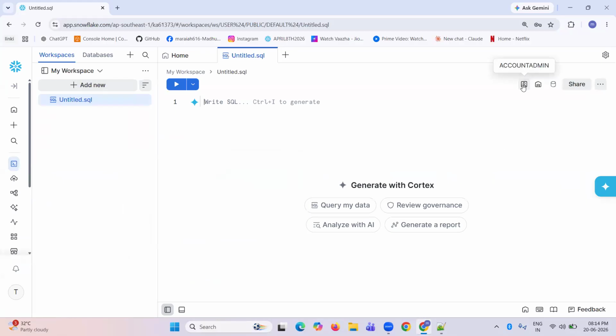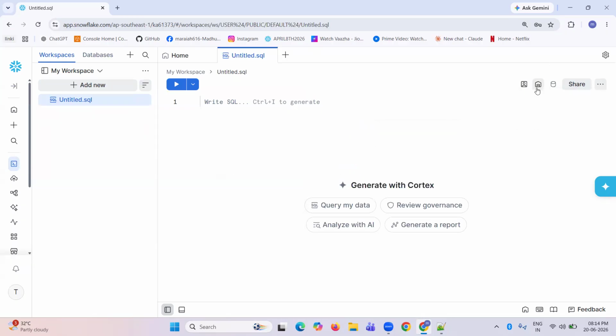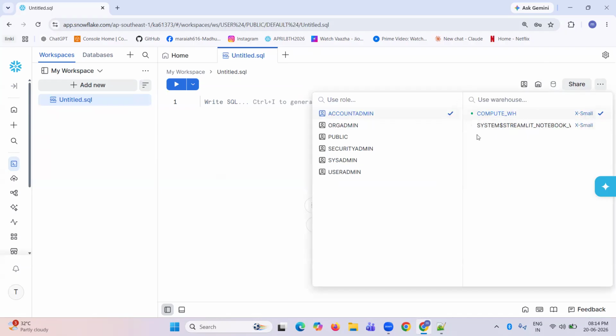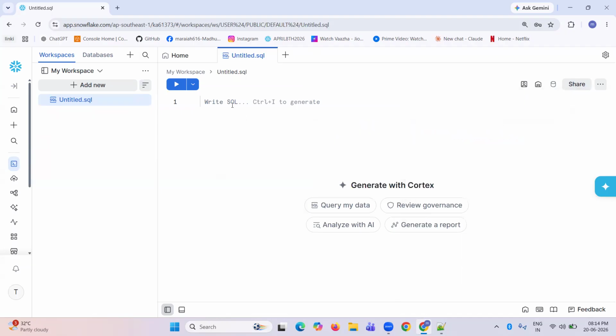Here, okay. This is the interface. Okay, here you can see account admin. These are the roles. Account admin is the top. Okay, and this is the warehouse, compute warehouse, system, streamlit, notebook. Okay, then these are the databases, Snowflake sample data. Okay. If you want to see the databases with the command,